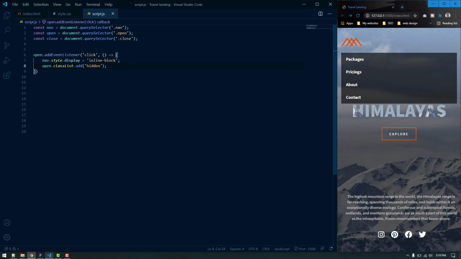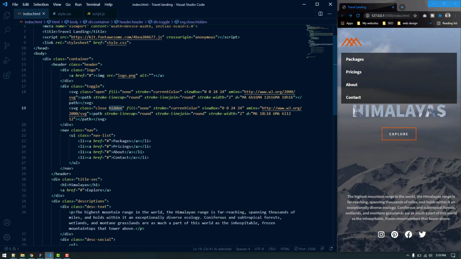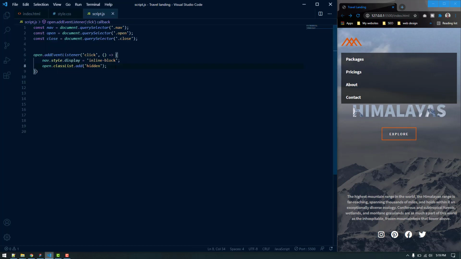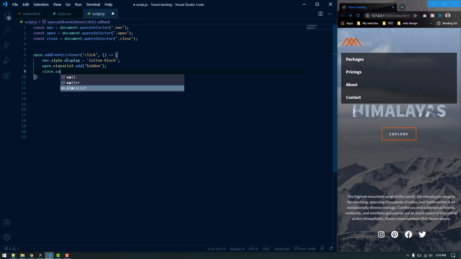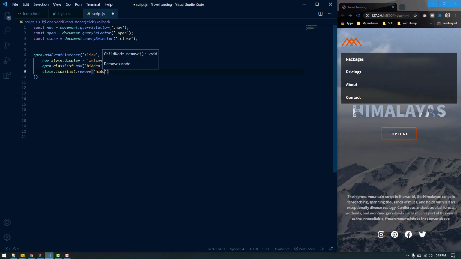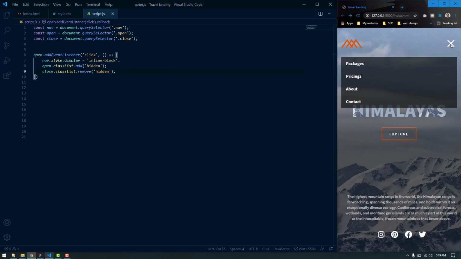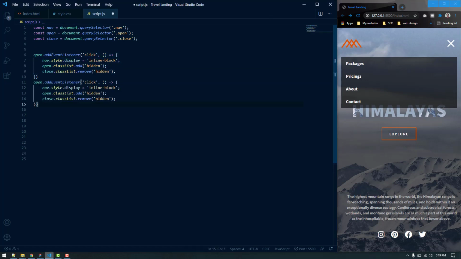Now we want to remove the class of hidden with this close class. So let's do that. close.classList.remove, and the class name is hidden. Let's save, and it works fine. So I'm just going to copy this and paste it here.